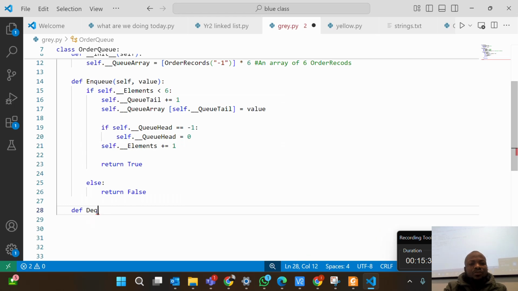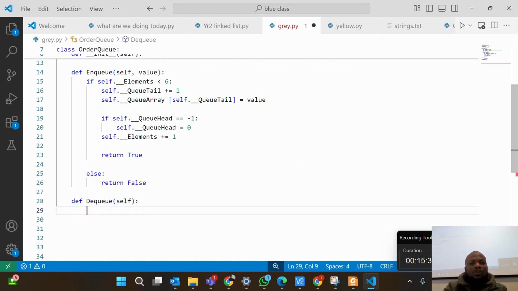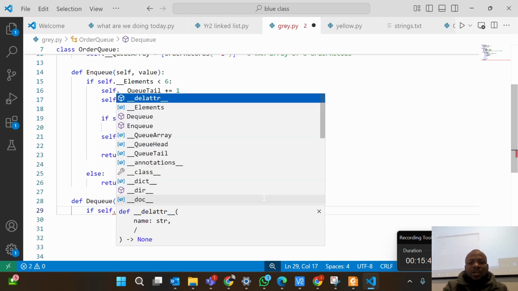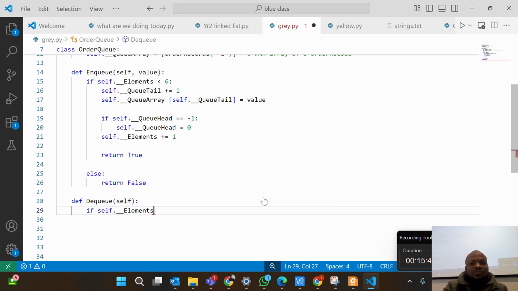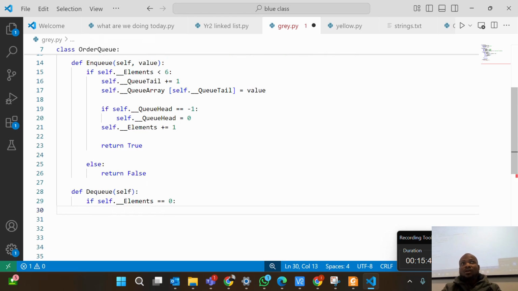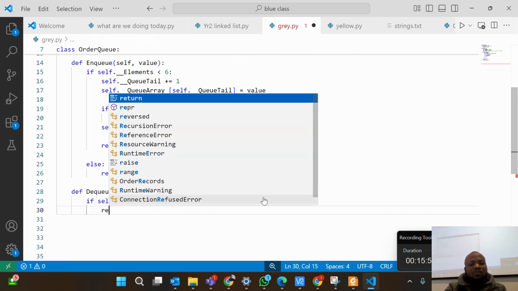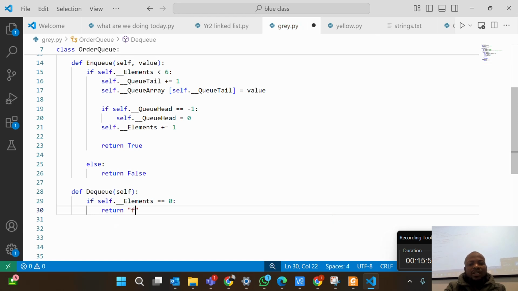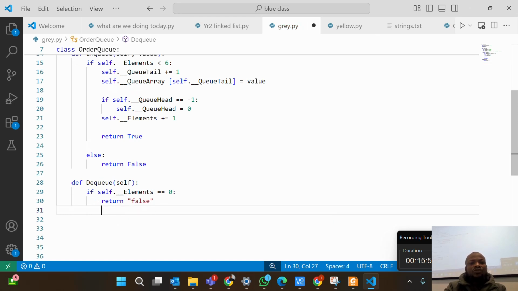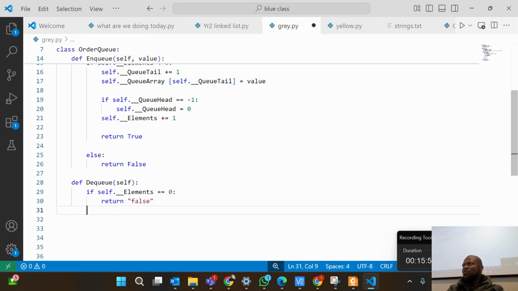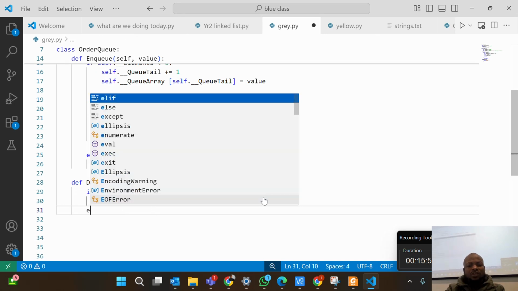def dequeue. The queue is empty if what? self.elements is equal to 0. There it is empty, isn't it? What does it return? Return false as a string, isn't it? According to the question. Is that understood? Returns false. Else,